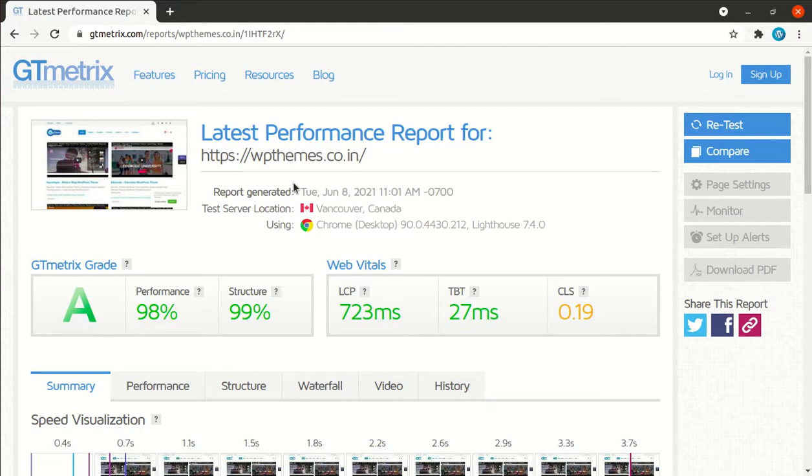I must tell you, this wpthemes.co.in website is hosted on a shared hosting plan that has only 1 GB of memory. Almost all shared hosting plans offer 1 GB of memory. So if you have a simple shared hosting plan, you can gain this A grade score. So don't worry about the hosting plans. It is very clear.